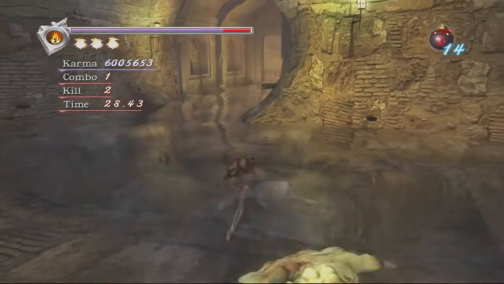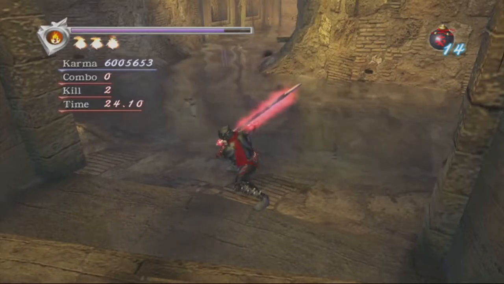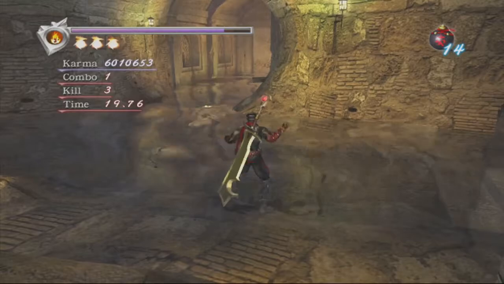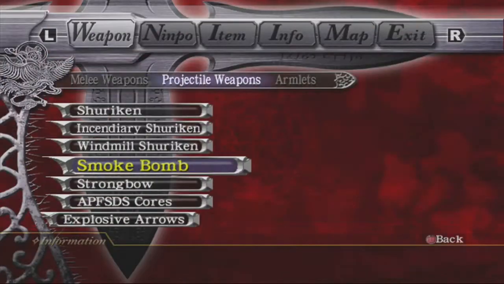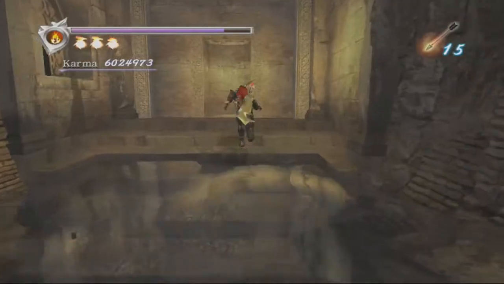Okay, that guy's dead. And this guy taking his sweet time, but he is done. Now, to start with, let's see, there's a save point over there, but we don't need it quite yet. Actually gonna re-equip the explosive arrows, and we are going to take this elevator down, and